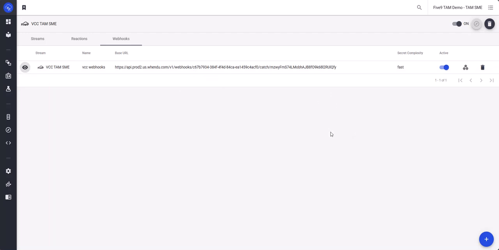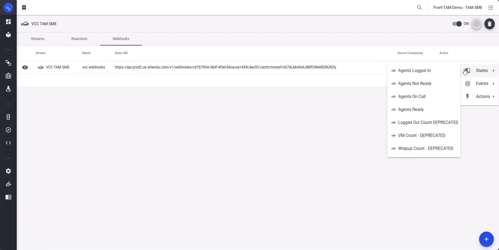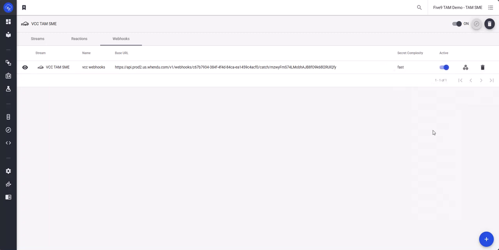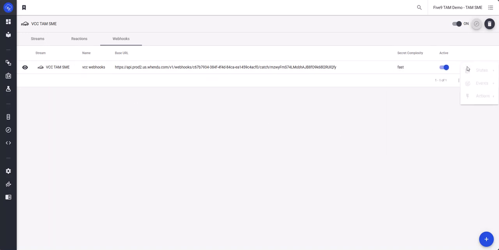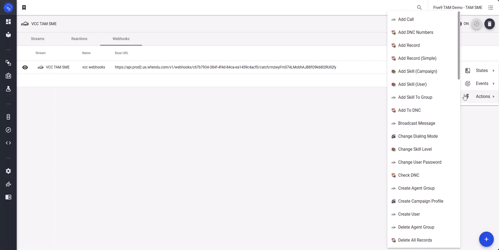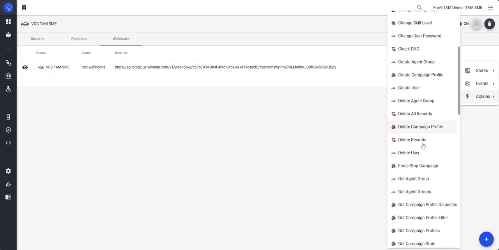And then the other big thing in here is the webhook helper. This is a very, very useful tool. I'll dedicate a whole section to it, but I just wanted to go over what you can do here. It's very similar to what we talked about earlier as far as being able to push events and actions through the stream itself, but this will actually provide feedback for you. So let's see. We'll go to